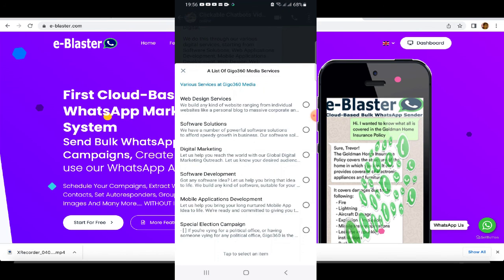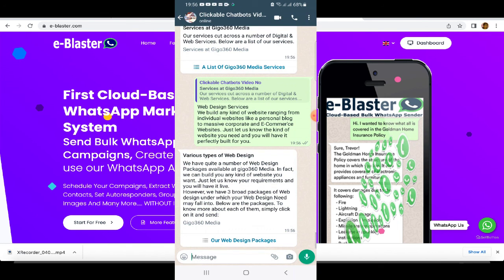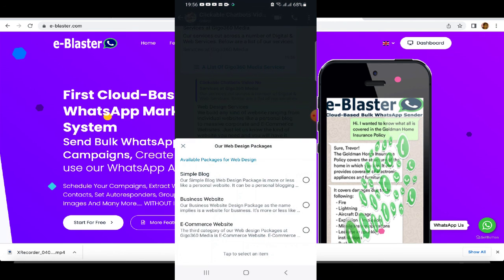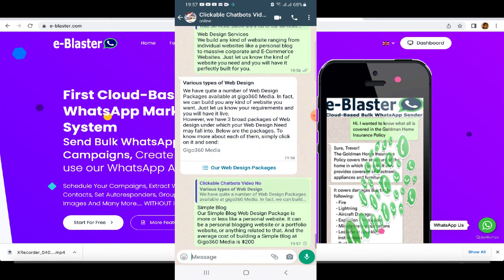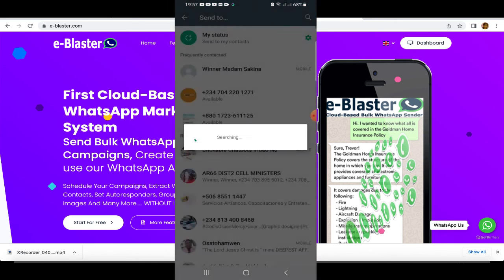First off, let me try web design services, then send, and I get various types of web design packages. I click on our web design packages and see the different options, and take for instance I want to create a simple blog. I select that option, simple blog, and I'm given more information about their simple blog creation. From here I can decide to visit the website to know more, or chat with a human,